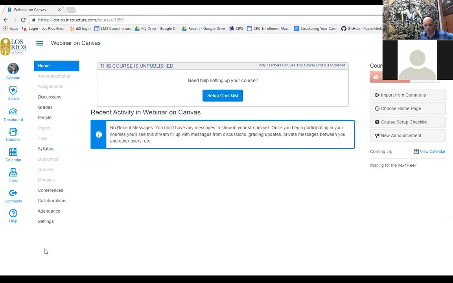As I mentioned before, the course navigation is on the left. These links are the links that are there by default. Any link that is gray means that the link is empty of material and or that it cannot be seen by students. So right now, the syllabus link is visible by default. So if I click on that,